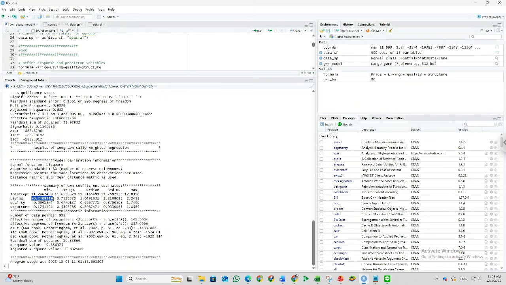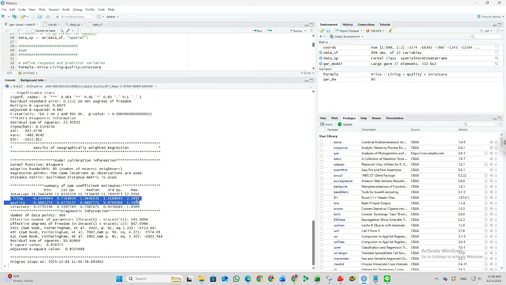But in another area, if the living area increases, the price also increases. So we can see the range of the independent variable's impact on the dependent variable price, because the coefficient in the GWR varies based on the location